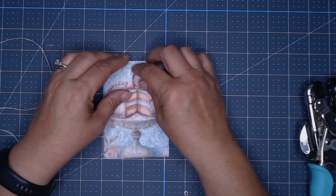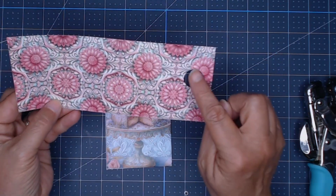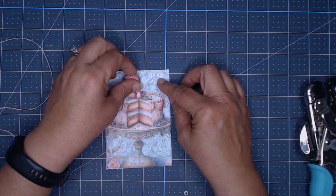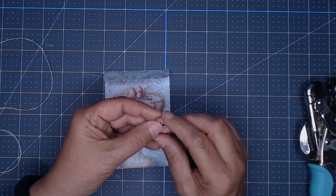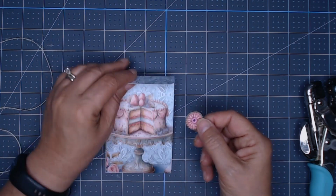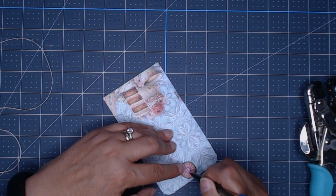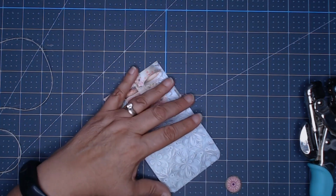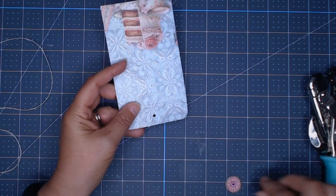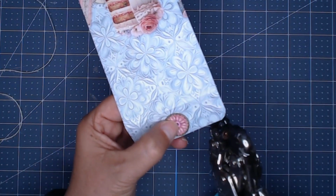Okay, I'm going to add this. So I cut it out of this paper. I had to find the one, I wanted a small flower. So I found one. I thought it would look cute on there. I added a couple of pieces of scrap paper on the back, inked around the edges, and I am using an eyelet as opposed to a brad. Let me figure out where it's going to go on here. I made a mark. We'll make a hole. And then we'll go ahead and